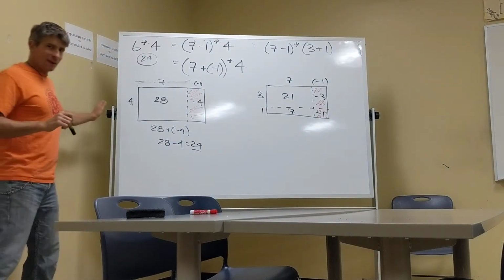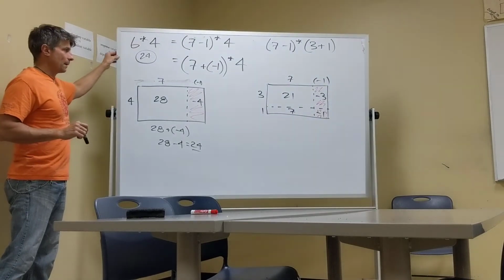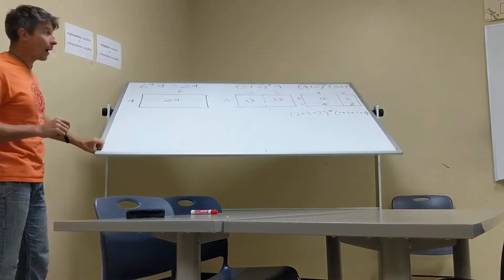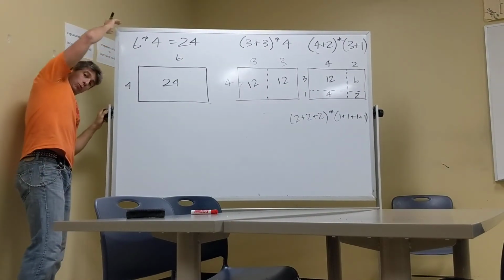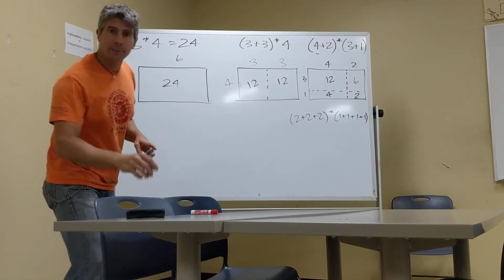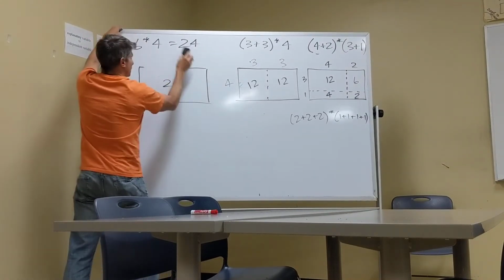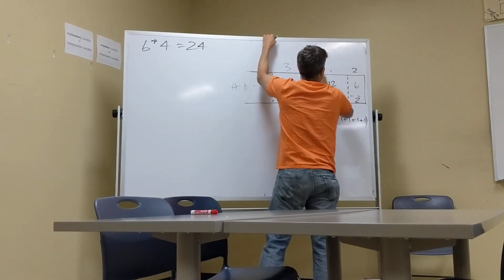Now here's where I think we can explain to ourselves why negative times negative is a positive, at least why it makes sense mathematically. I'm a big fan of using as few rules as possible, but using those rules in every possible application. So we're going to leave that original problem on board, because we know it's equal to 24. But what I want you to do